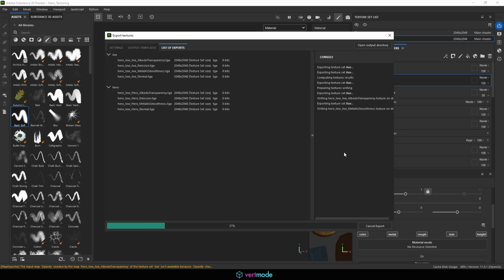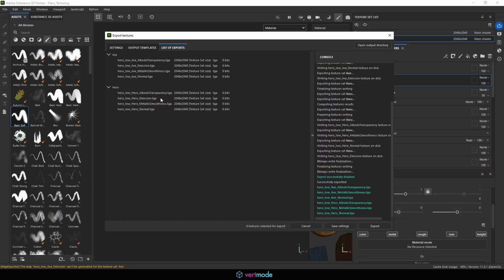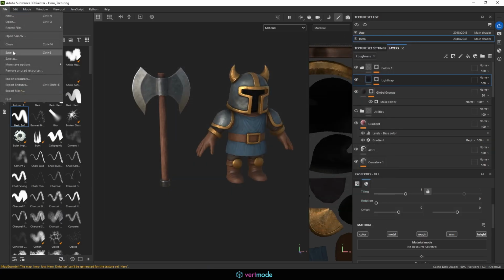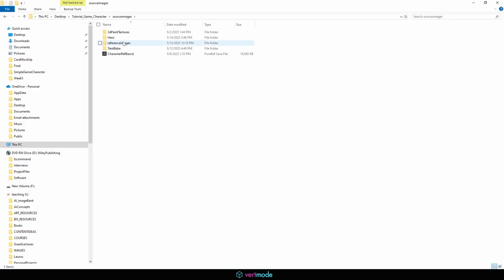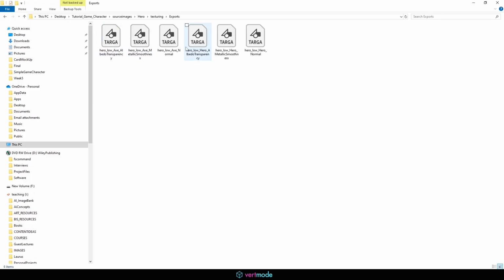And this will go ahead and export out our textures. Notice it's exporting them for the axe and for the hero. So with that set up, I'll hit save, and we can go ahead and check these out in the file. All right, so if I navigate to my source images here, we can look at hero, texturing, and we can see our exports here. So we're going to have hero low, and we're going to have our axe set up here. So interestingly enough, I am just seeing the hero here,